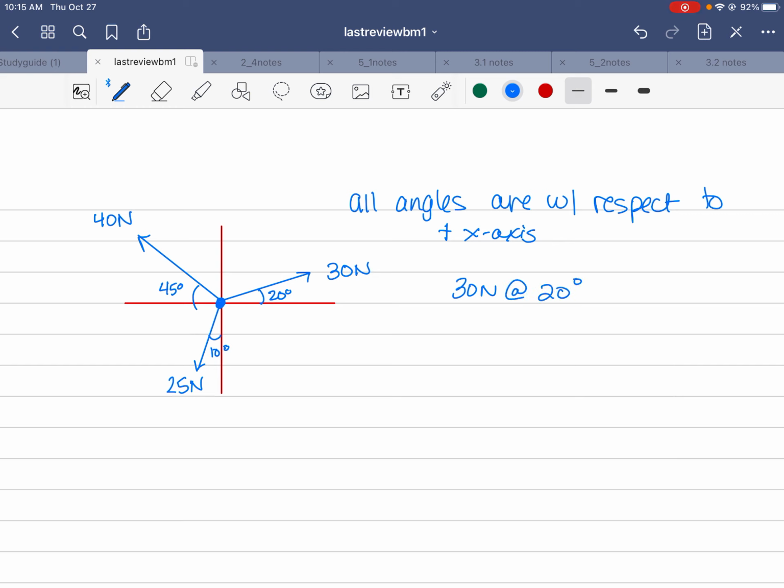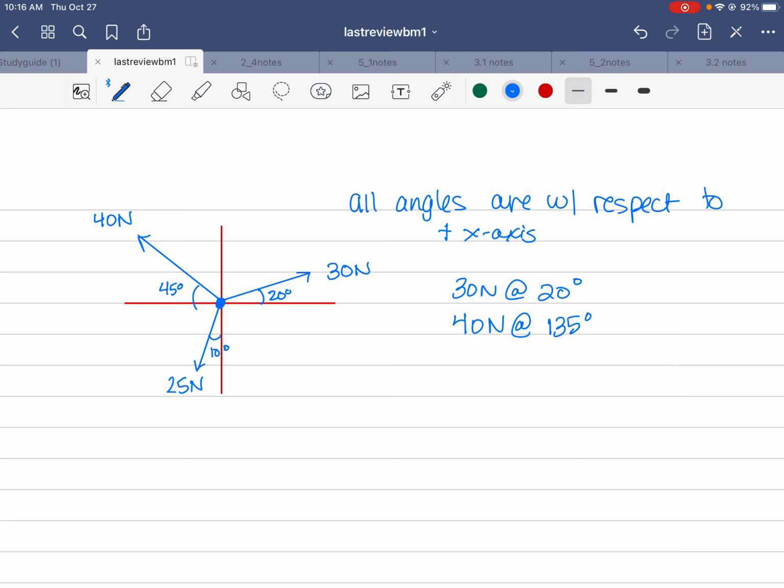This one is going to give me a little bit of a headache because this 40 newtons is 45 degrees from my negative x-axis. So we know that this negative x-axis is 180, and I need to back off of that by 45. So I'm going to do 180 minus 45, and I end up with 40 newtons at 135